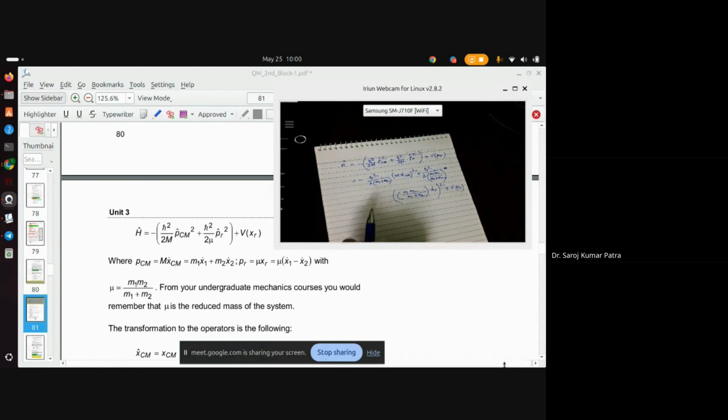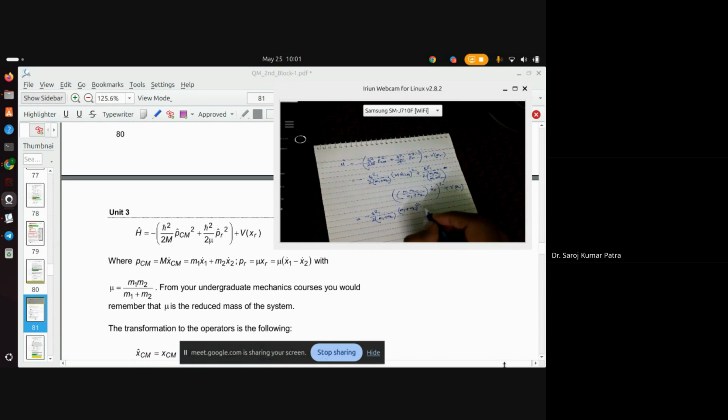My idea is basically to find out if those two equations are the same or not, because we are simply jumping from 3.12b to 3.14. So then, what will it be? Minus h cross square by 2(m1 plus m2),